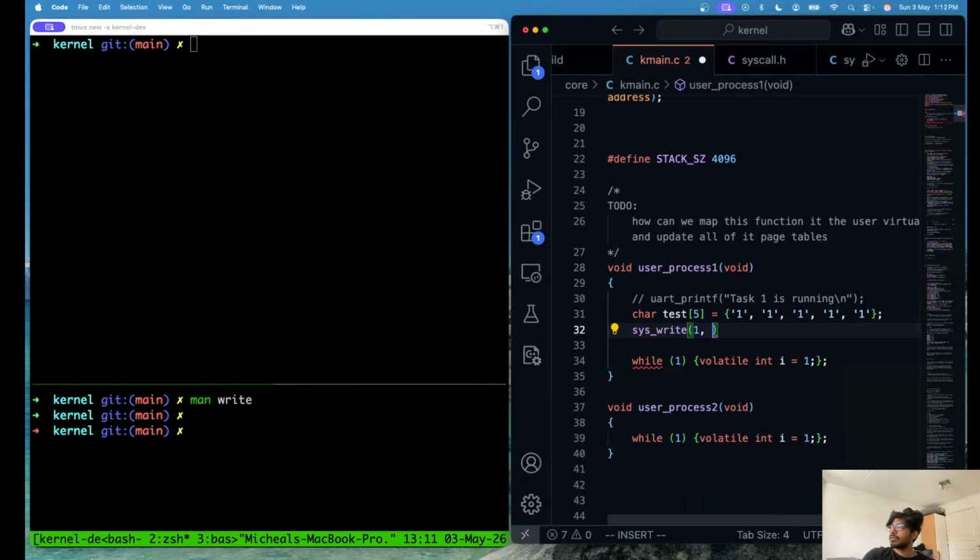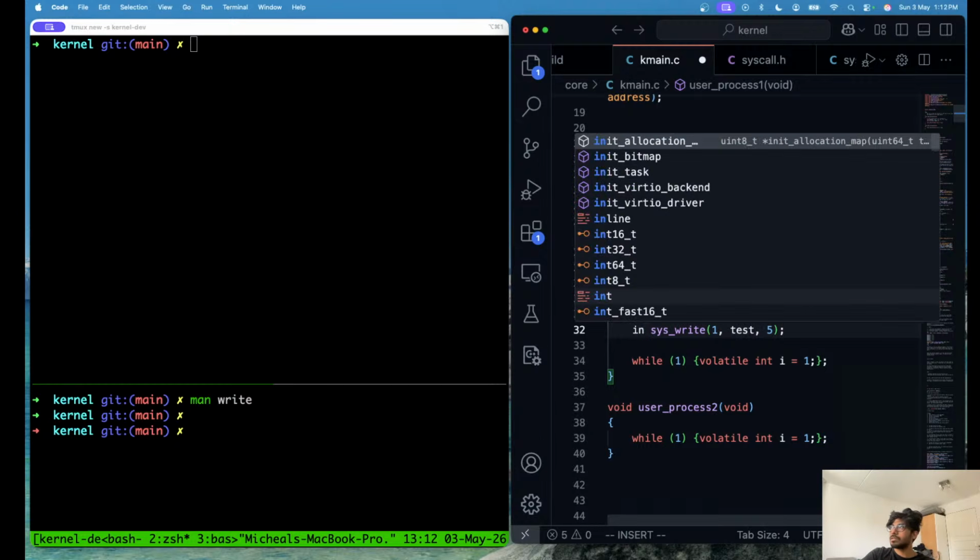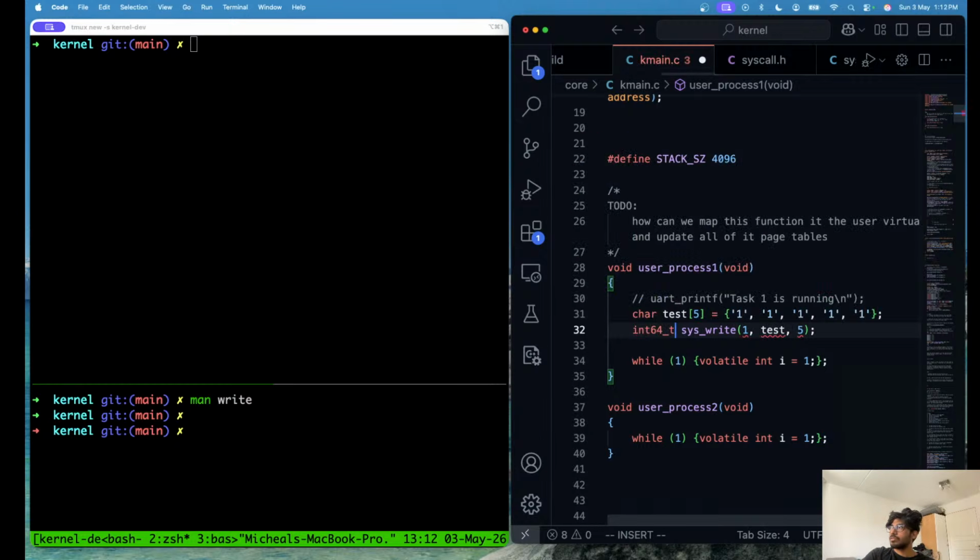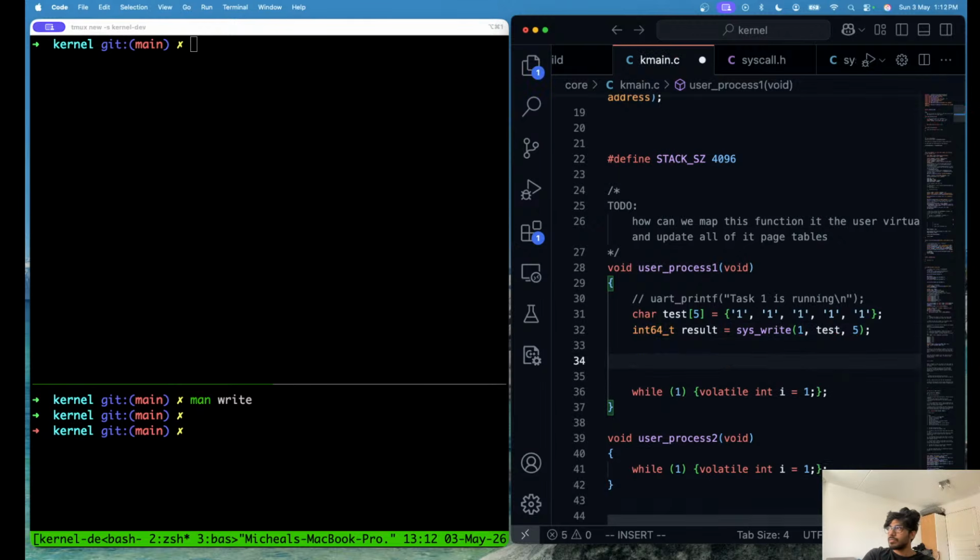And we're gonna pass test here, and then we're gonna call the size as 5, and we're gonna have int64_t results equal to that,